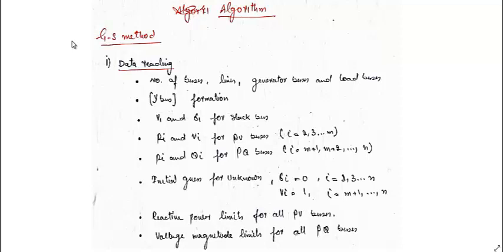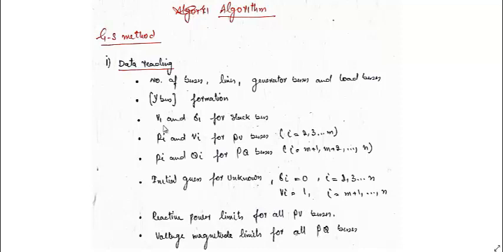The first step, of course, will be data reading. What is the data that has to be available to us? That is the number of buses, number of lines, how many generator buses there are, and how many load buses. And then we go for the Y bus formation from this information. We should have the value of the slack bus voltage and slack bus angle. The angle is of course usually equal to 0. The voltage may be close to 1, 1.01, 1.04, 1.05,